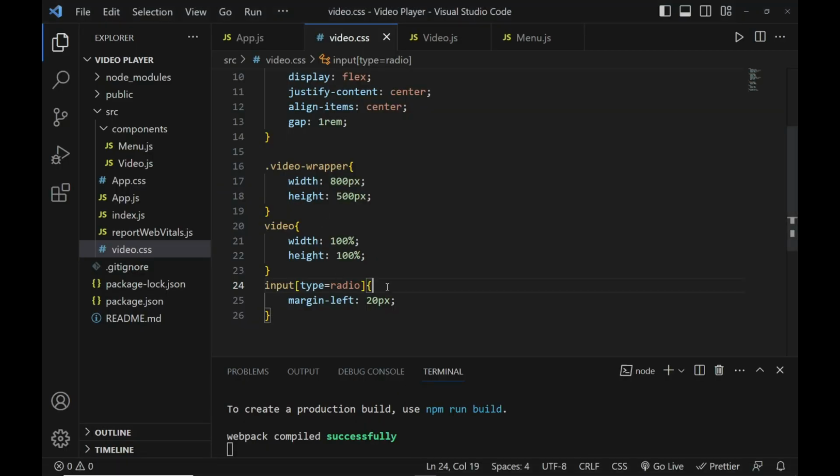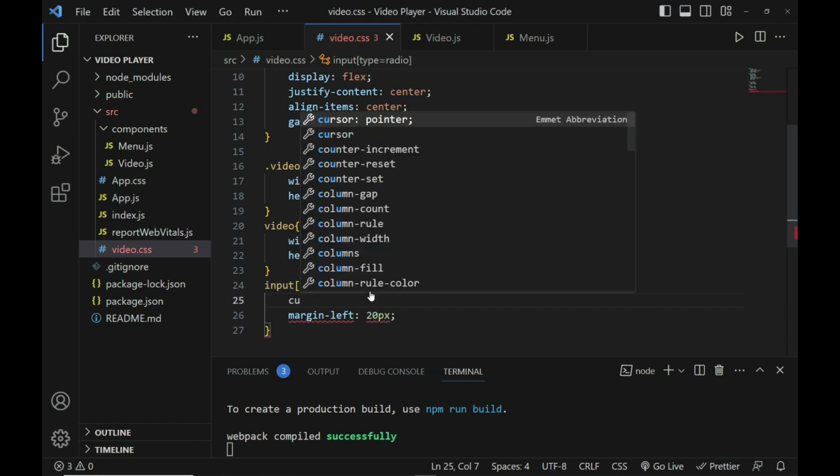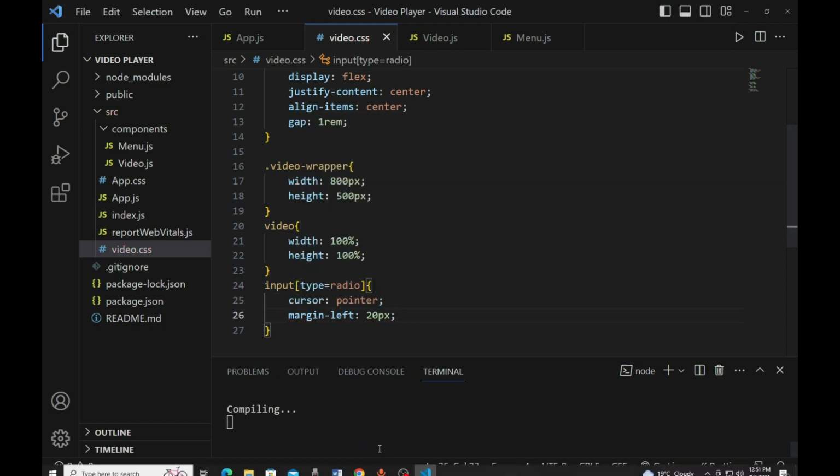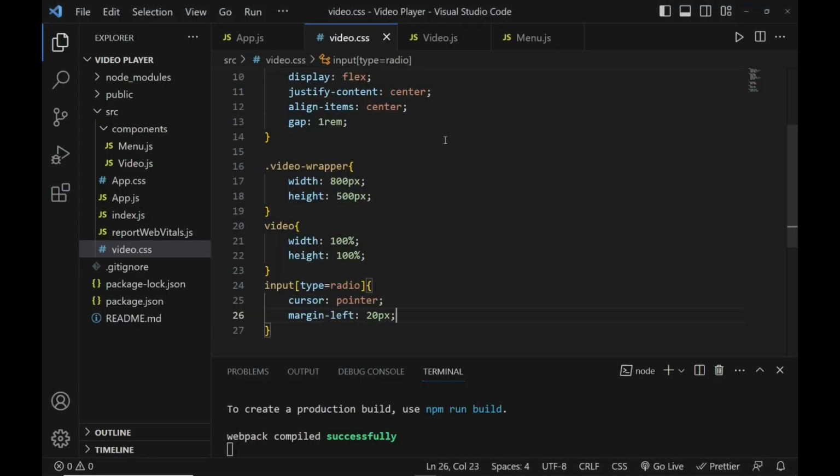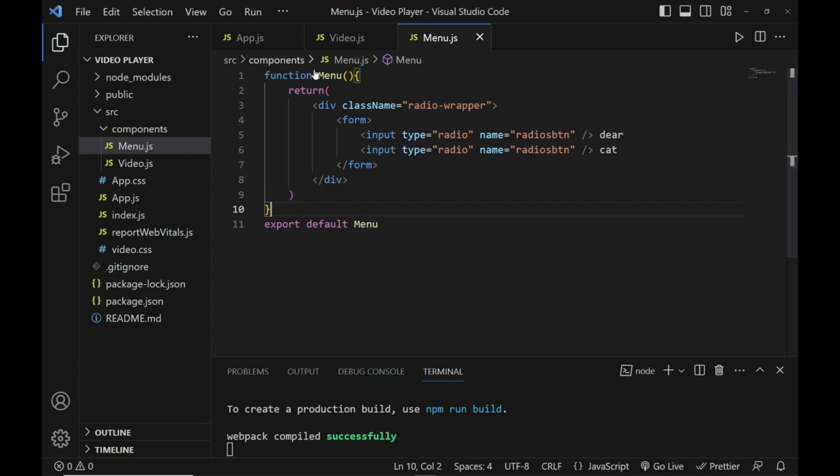Okay, you can see they are separated. That's okay. I also need to put that cursor to pointer, just here, cursor to pointer, and that will, you can see now it's pointer. All right, so I think we are done with the CSS part. I can remove it, right, and